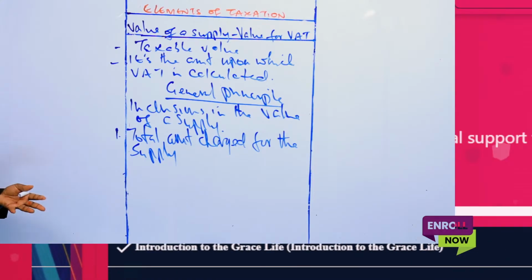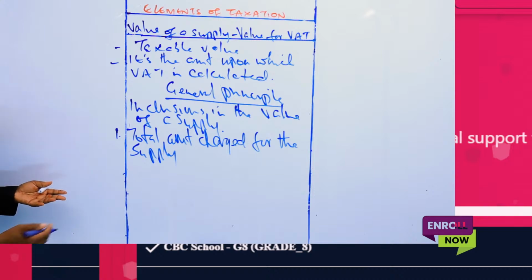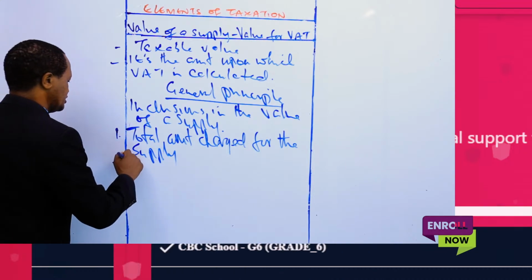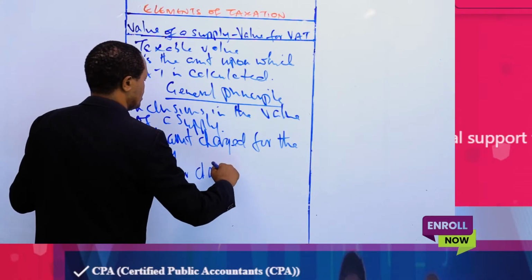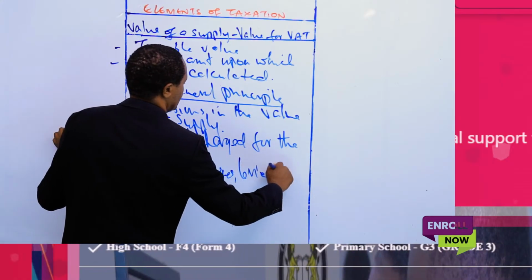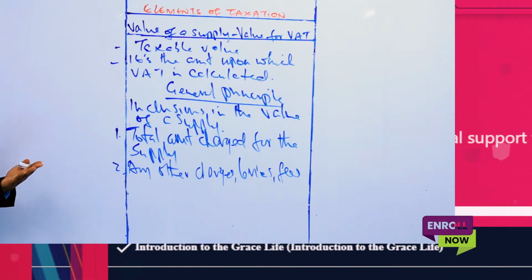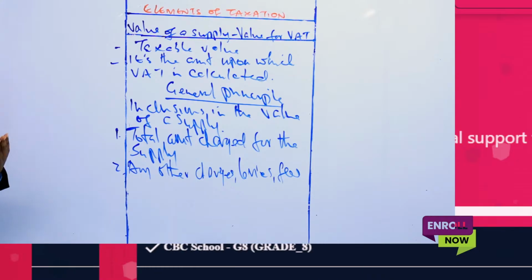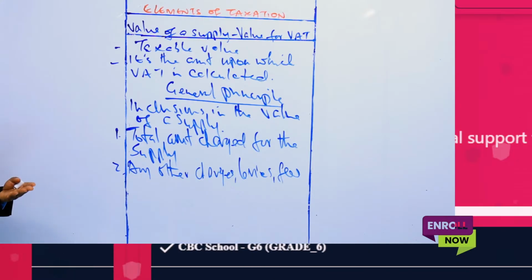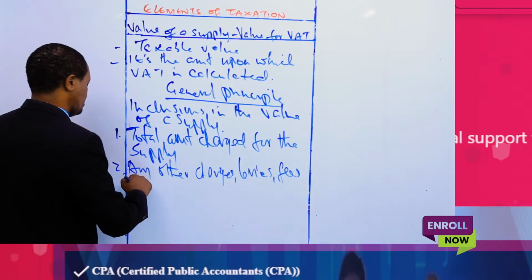This is the basic price of the goods or services. Then it may include any other charges, levies, or fees. It could be excise duty, import duty, and specific levies that may be included in the taxable value before VAT is calculated. Import duty,